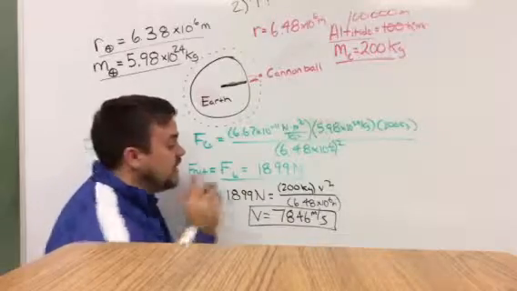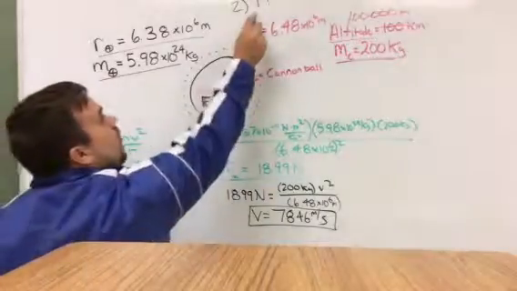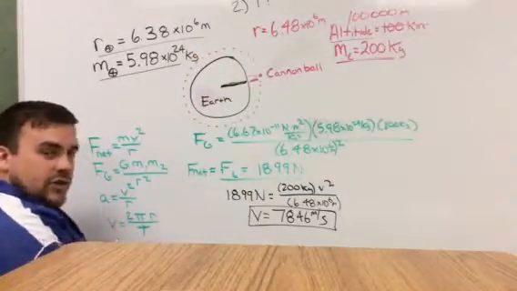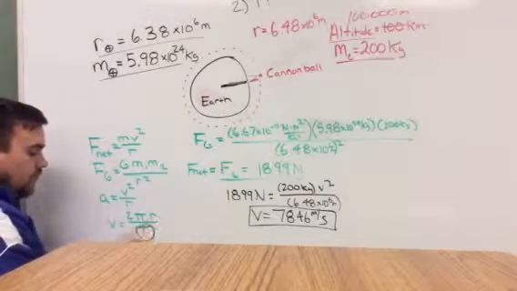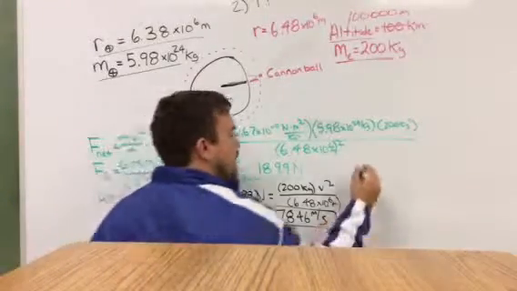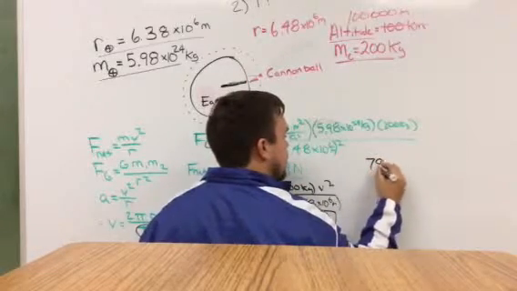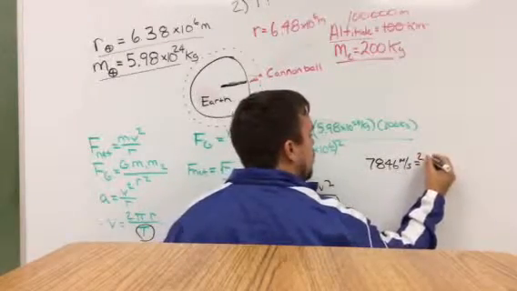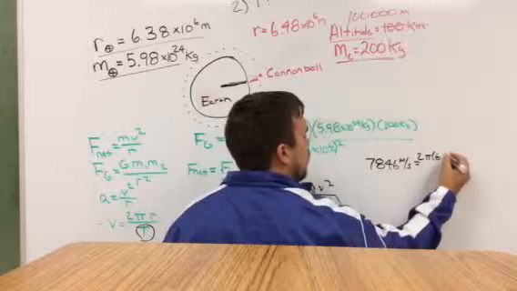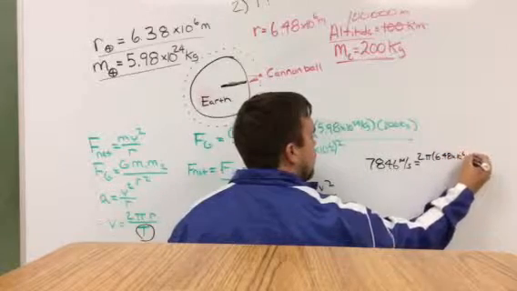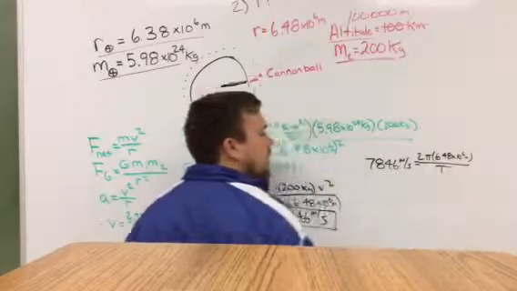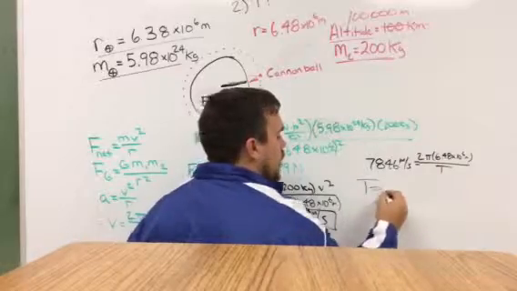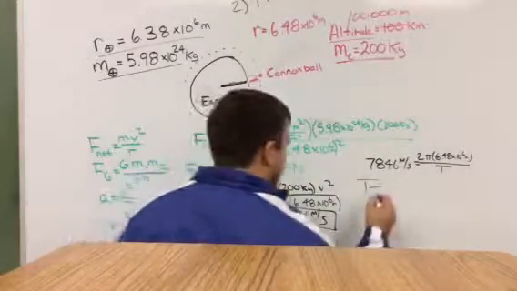What's even more interesting is the period. And so it says, how long is that going to take to go all the way around the Earth at that altitude? Well, I picked this equation here because it has velocity and radius, and I'm looking for delta for time. And so I could say velocity, which is 7,846 meters per second, is equal to 2 pi r, 2 times pi times my radius, which is again that 6.48 times 10 to the 6 meters, all over t. And so to isolate for t, I basically just flip places with those two and plug in and solve. What that t comes out to be is